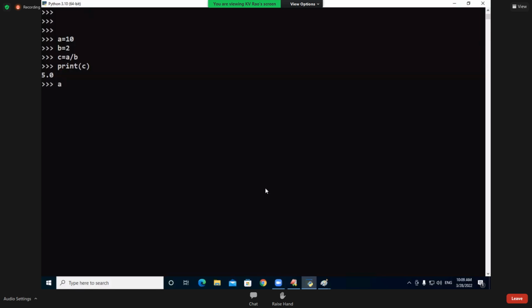All of a sudden, students, A is equal to 100, B is equal to 0, and then C is equal to A by B. Immediately, PVM cannot address that. Anything by 0 is a valid input or invalid input? Invalid input. Invalid input by default is called what? Exception. Exceptions by default give which messages? Technical error messages. See the technical error message now, my dear students.